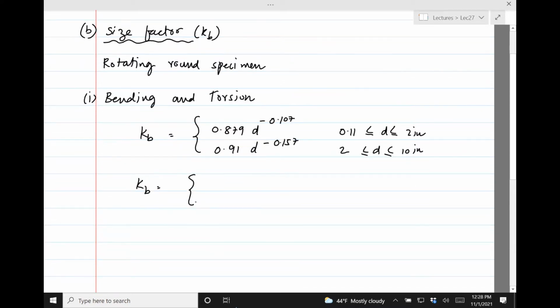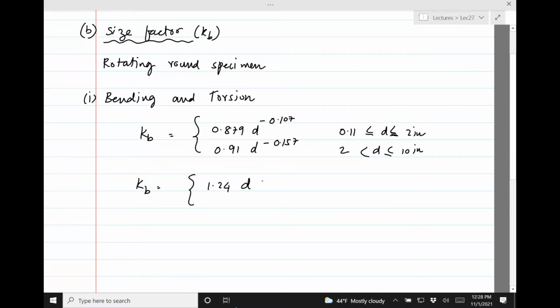Wait, so what happens if you get a D of 2? Yeah, you'll use this one, the top one. So then the bottom one would not have the equal. Oh, sorry. Yeah, it should be less than